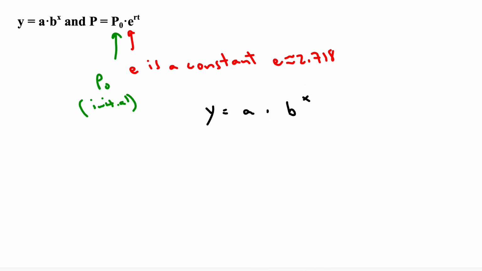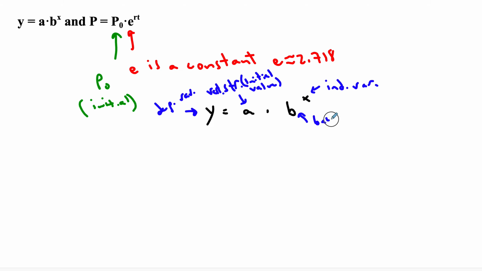Now, we know that x is the independent variable, right? Y is the dependent variable. This is the vertical stretch, or the initial value. Y-intercept, start value, same thing. And b is the base. Now, this matches, believe it or not, piece by piece to this equation, except for one part,